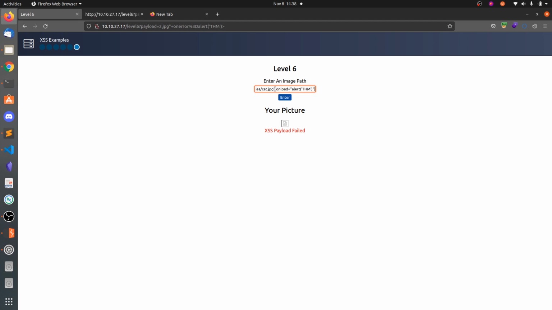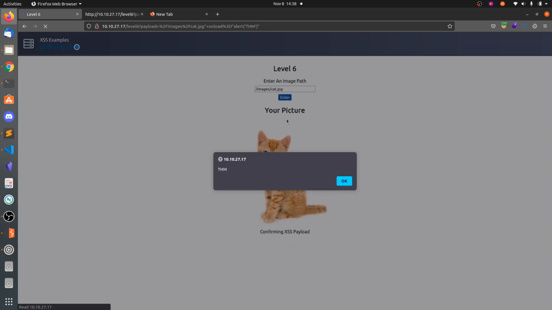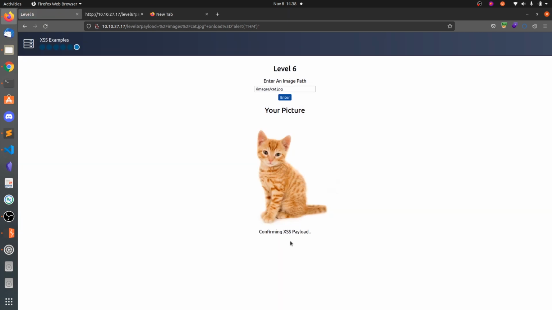Images cat.jpg onload is equals to alert, and we can see we got successfully a pop-up, and it is confirming the XSS payload or not, and we get the final flag for this level 6.